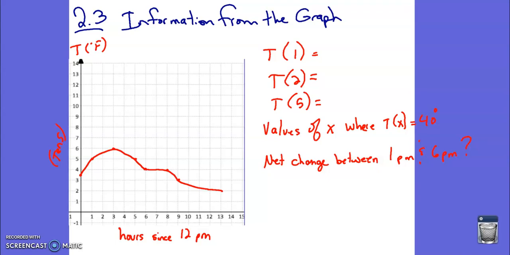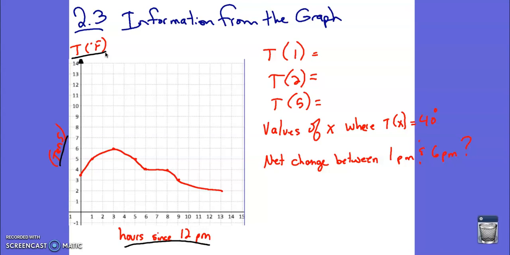This is 2.3, information from the graph. We've already talked about graphing functions and several aspects about it. So now let's talk about interpreting parts of the graph. In this example, I have the temperature graph, and notice it's hours since 12 p.m. And notice this is the temperature in Fahrenheit and each of them are tens of degrees, so 10, 20, 30,